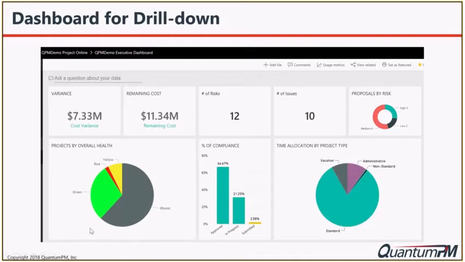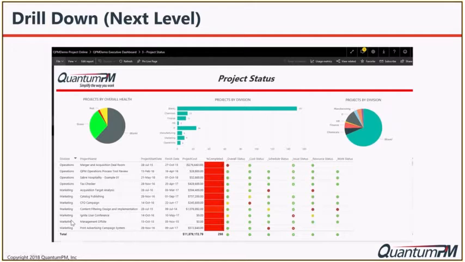And then if I drill down a little bit further, I can go into any one of these elements up here and drill into that particular component a little bit further. So I want to look at my projects by overall health and see what that looks like. So drilling in, here's that pie that I was looking at earlier. I have a lot of projects that are in these various red, yellow, green states, and then I have quite a few that are just getting started here. So there's no stoplight kind of indicator for them yet.